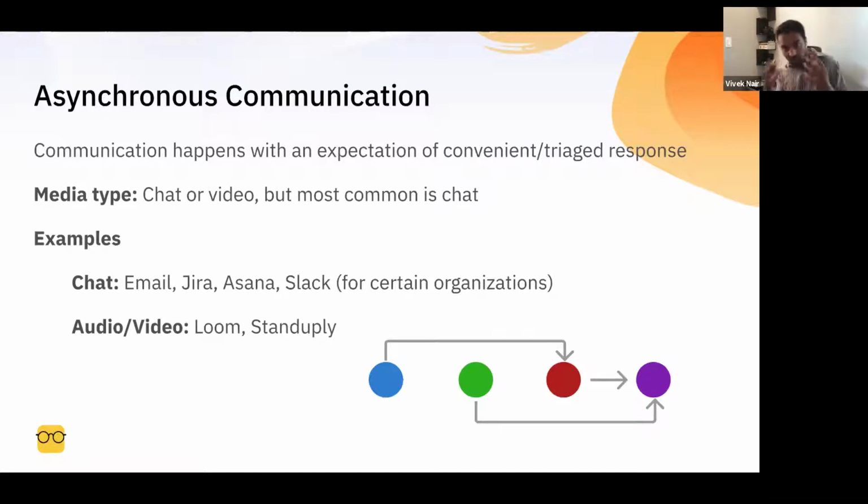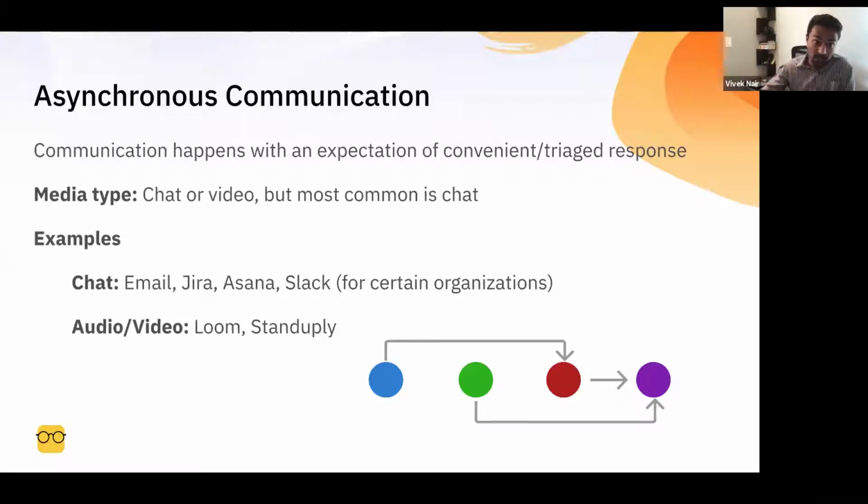So it's all about the way and method that you think about communication with respect to chat. So that's one thing about chat. And some examples of audio and video communication in terms of asynchronous is also a product like Loom, which is essentially QuickTime, cloud-based QuickTime. So you can easily create videos that are recorded with your screen.